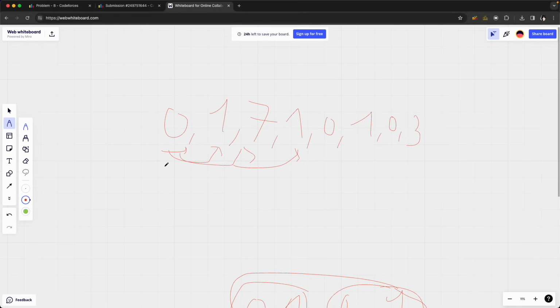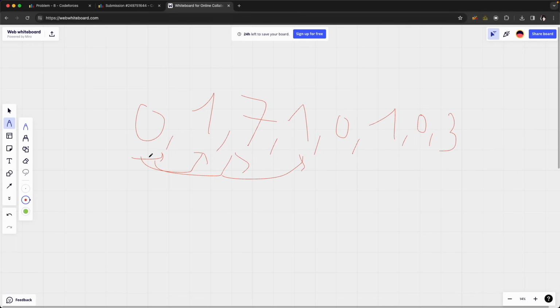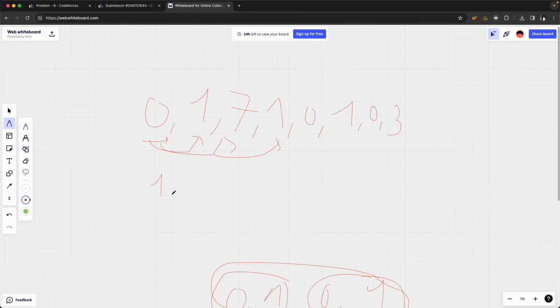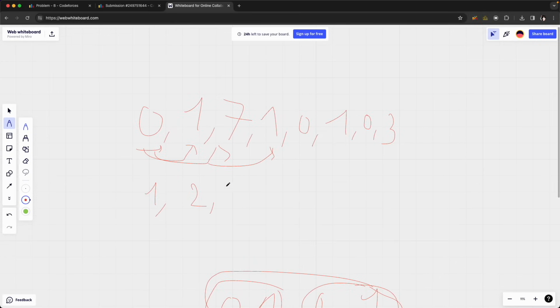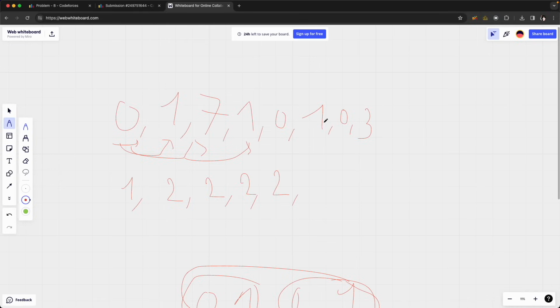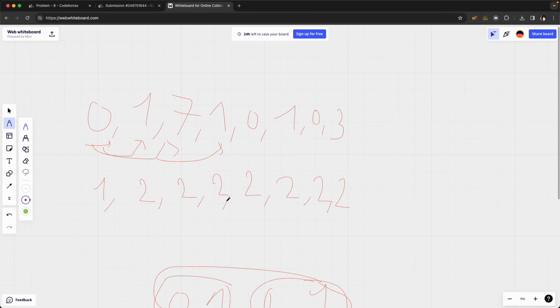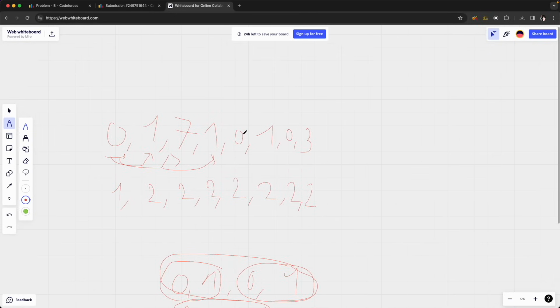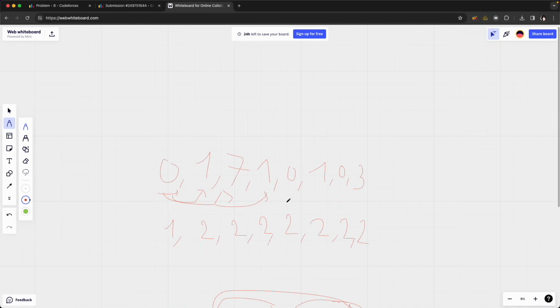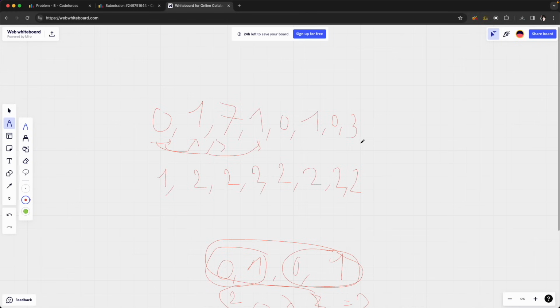So I will write the prefix max of this array. It will be 1, 2, 2, 2, 2, 2, 2, and 2. Okay, and we will have the suffix max of the array, and the suffix is the